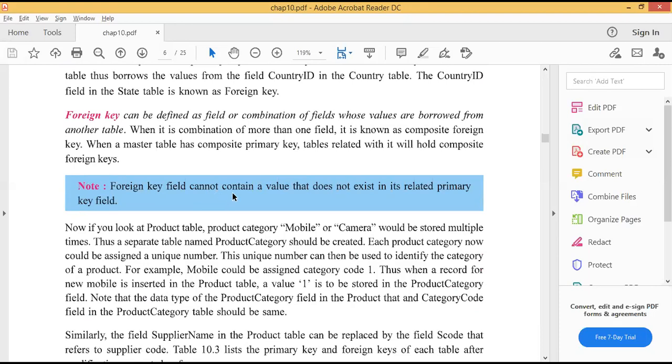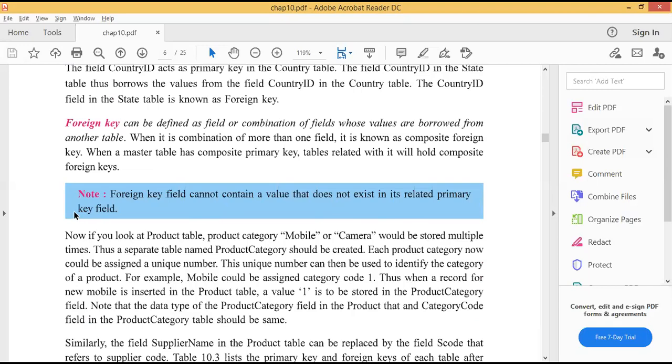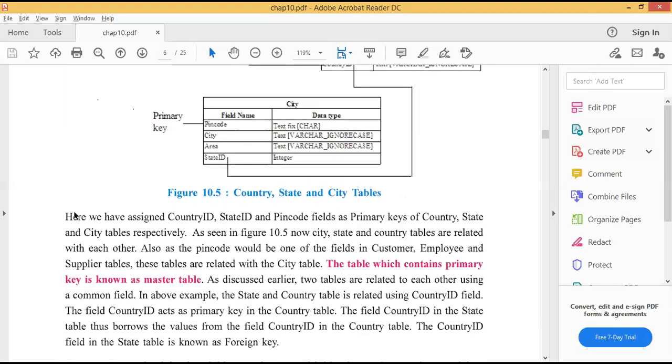A foreign key cannot contain a value that does not exist in the related primary key. See, India is our country. Gujarat, Maharashtra are the states of India and Surat is a city of India. If India is there, then only state will come. If India does not exist, how can state and city come?